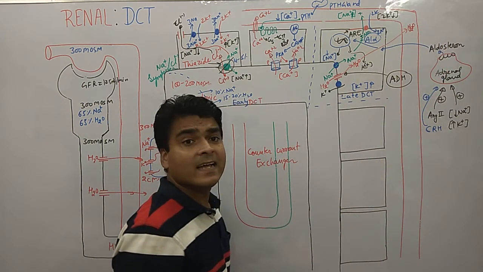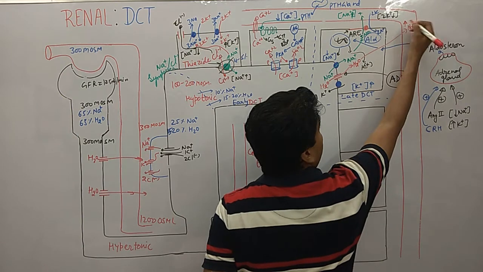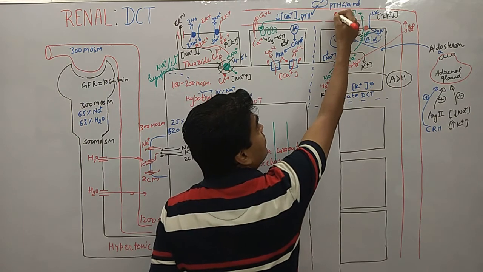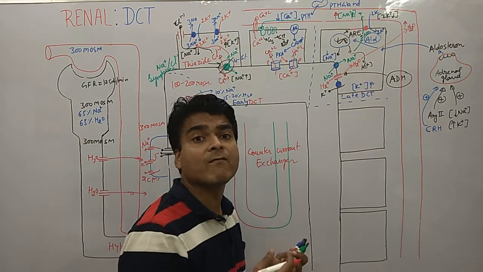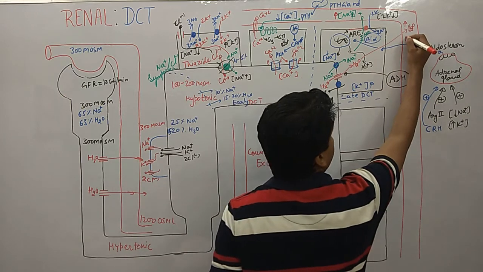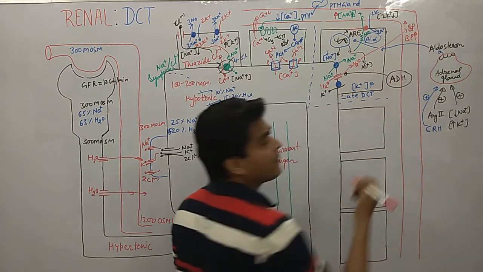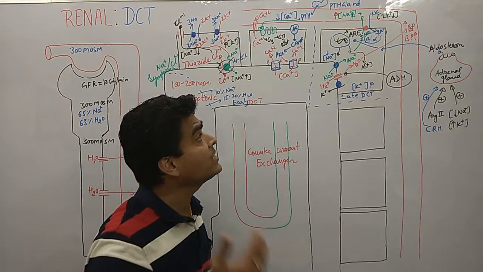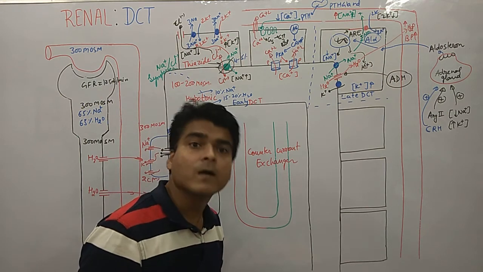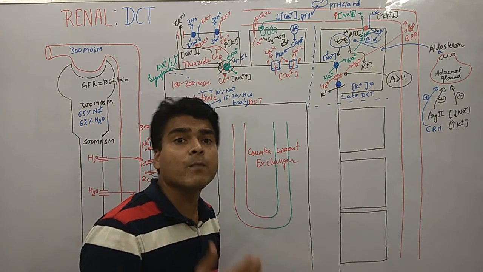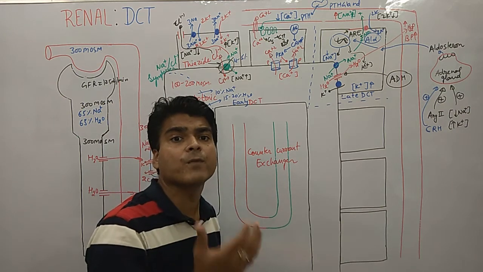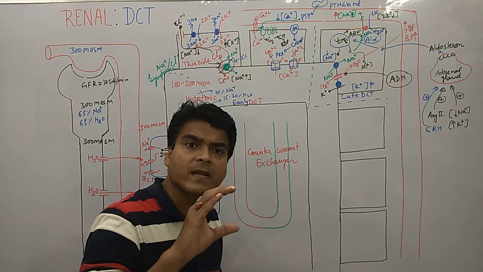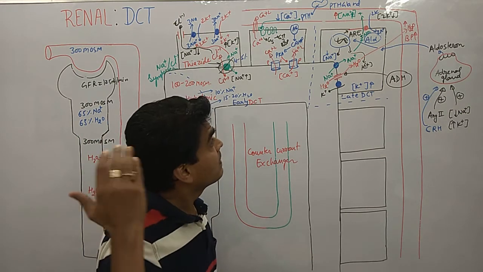So now look at here, there is an increased amount of H2O over here. There is also an increased amount of sodium here. So whenever sodium and water increase, it will increase blood pressure. Remember this point, whenever we have a high amount of sodium and high amount of H2O, H2O may increase blood volume, and whenever there is an increase of the blood volume, blood pressure will increase, because volume always increases hydrostatic pressure and it increases blood pressure.